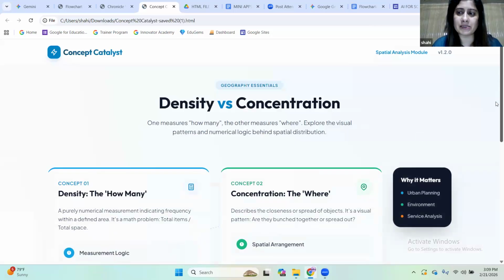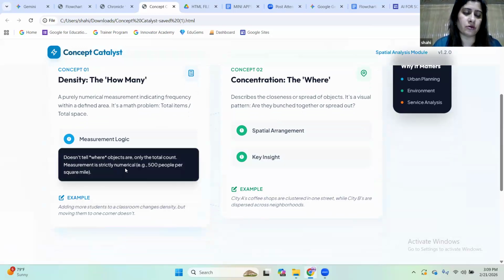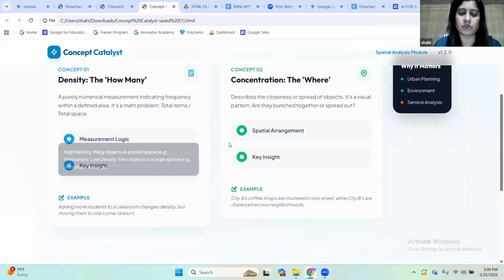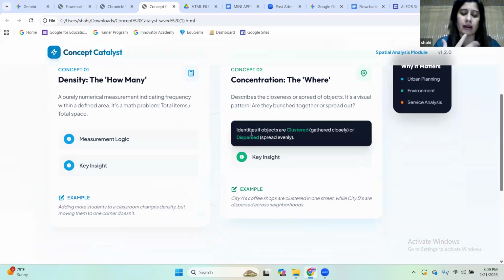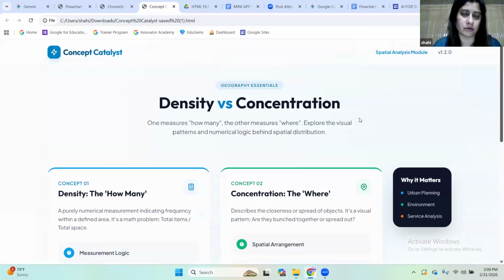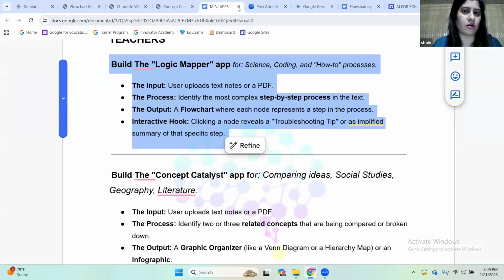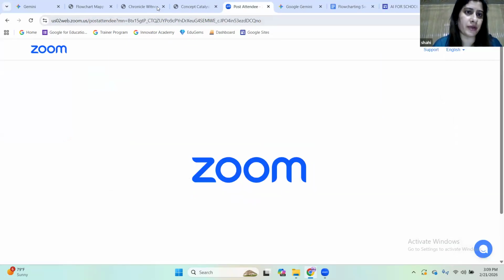If you don't want to share them with anyone the way I am sharing through Google Sites, it's okay. You can use these HTML pages as they are during your lecture as your teaching aid. Or a student can create them on their own end, play around, and understand the topic. There is no issue at all. I hope now the confusion is gone. Or do we have any other questions?